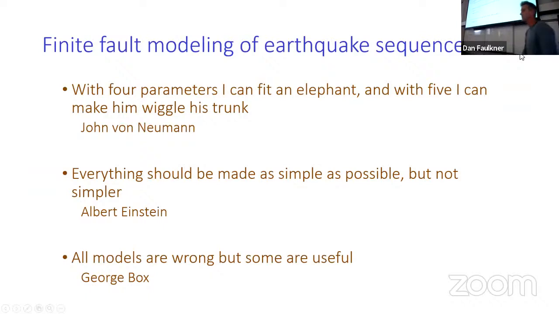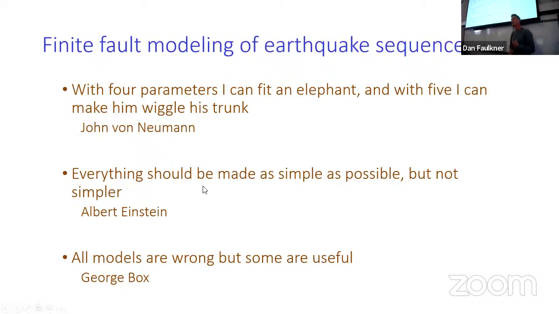Okay. So there's a couple of things just to say about modeling to start with. I'm not a modeler, so a lot of these things are tricky for me to understand, but a famous mathematician last century said about modeling, with 4 free parameters, I can fit an elephant, and with 5 free parameters, I can make it wiggle its trunk. And what he's saying is that if you put too much into a model and make it overcomplicated, you can predict whatever behavior that you want, okay? And then the insights you get from that model are pretty limited.